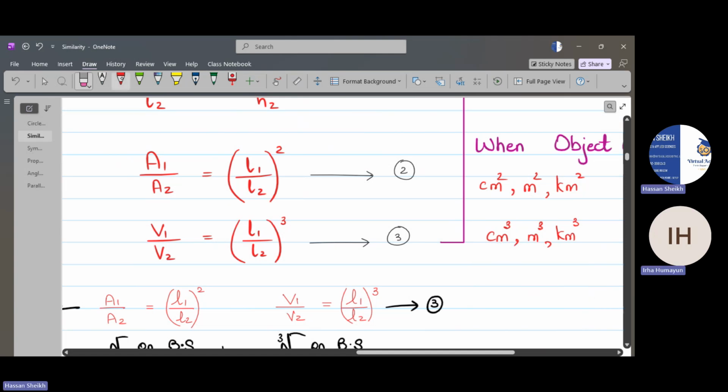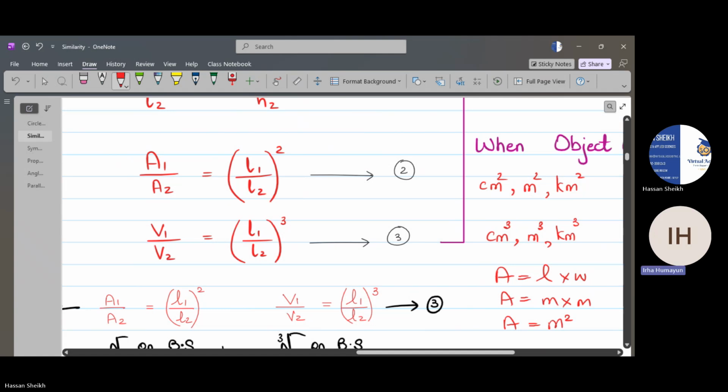Length times breadth. How many dimensions are you multiplying? Two. So if the units are meters, then meter times meter will be meter squared. So do you understand that we use square units for the area because we have two dimensions in every formula of area? Like for example, area of triangle is